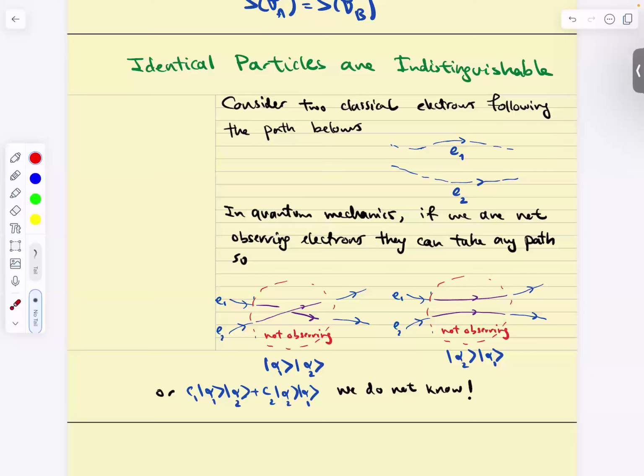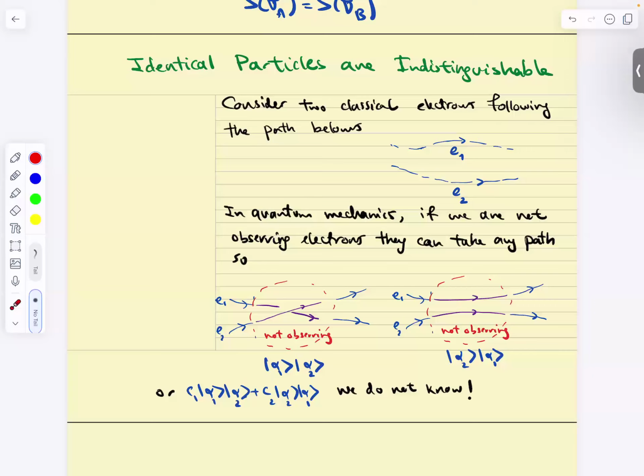In classical physics, if I have two particles or a bunch of particles, I can always keep track of them because I could measure this one, I could measure that one, and measuring this one will not interfere with measuring that one. I can put labels on them. This is particle 1, this is particle 2. I've been doing that, putting labels on these guys. This is system 1, this is system 2, right? And I just pretend that I can always do that.